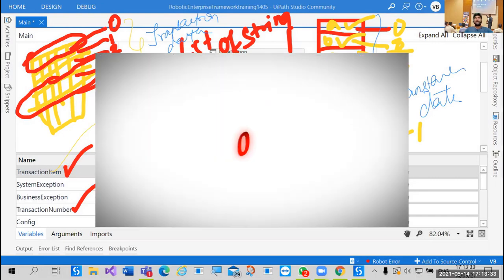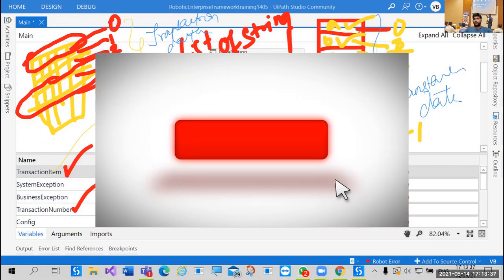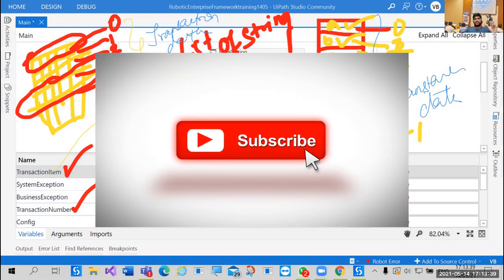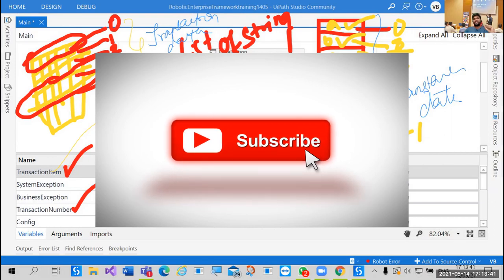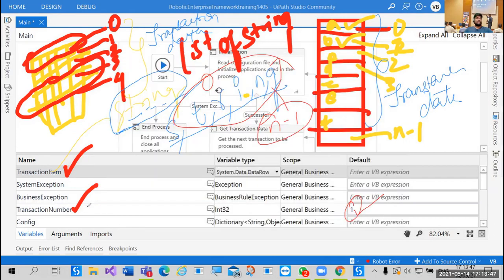Okay, we didn't get you. See, when we started, we said that we need to start from index 0. Yes. But when we start, the transaction number by default is initialized to 1.